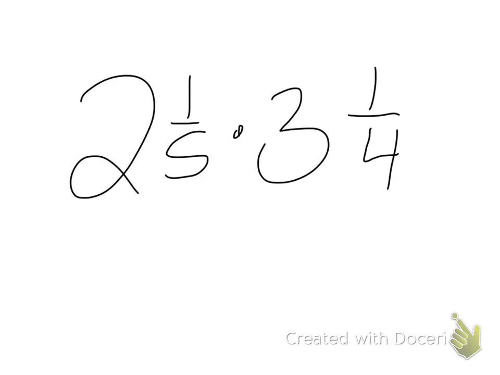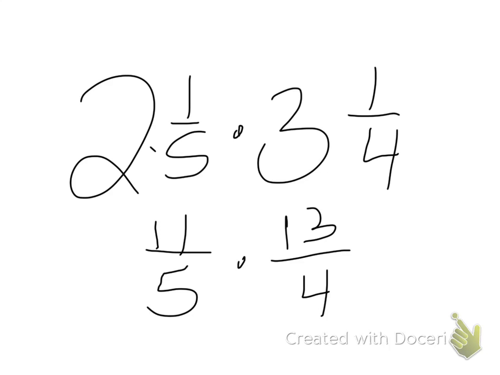Okay, first thing we need to do is make them into improper fractions. 2 times 5 is 10 plus 1, 11/5. 3 times 4 is 12 plus 1 is 13/4. So now what we're going to do is a little bit of multiplication. So 11 times 13, ooh, I'm going to have to do that one. I don't know that off the top of my head. Actually, it'd be 143. Because if you did 10 times 13, it'd be 130, and then add one more. So it'd be 143